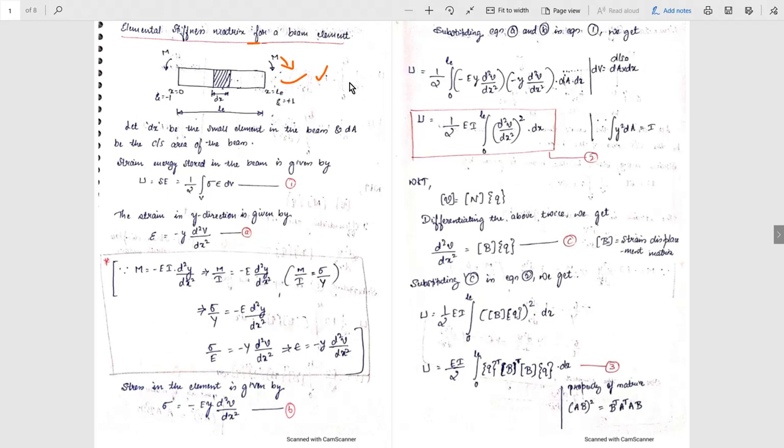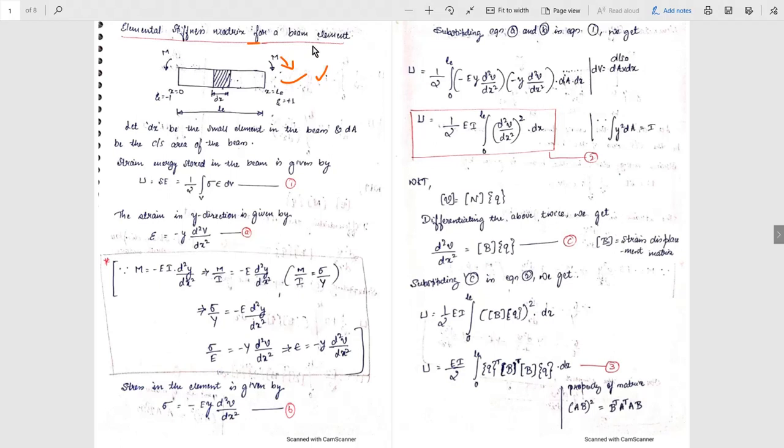So hello everyone. In today's class, we'll derive the element stiffness matrix for beam element. In the last class, we derived the shape functions for beam element in terms of natural coordinates and in terms of global coordinates. In terms of natural coordinates, if you derive them, we call them Hermite shape functions. So we can use either global coordinate shape functions or natural coordinate shape functions in order to derive the stiffness